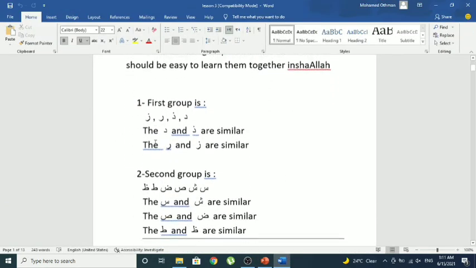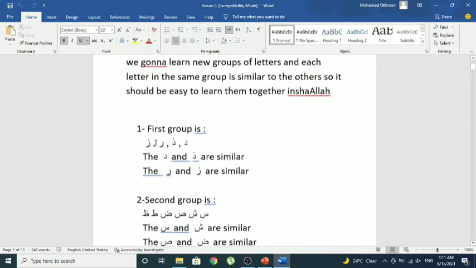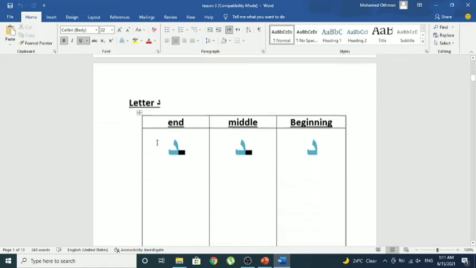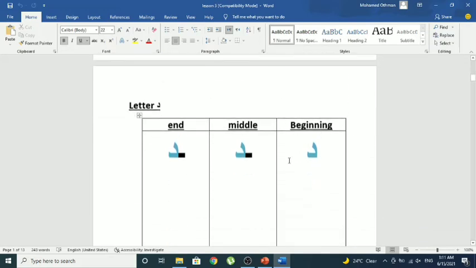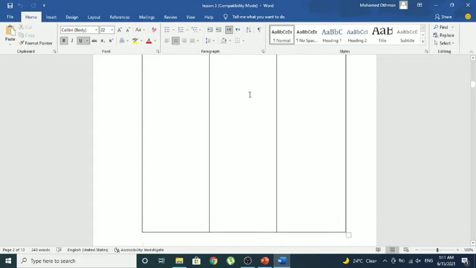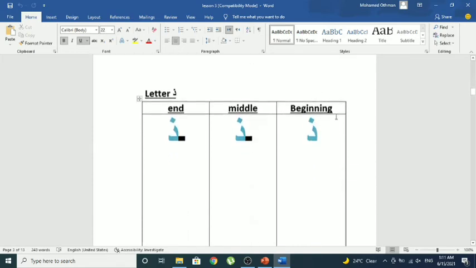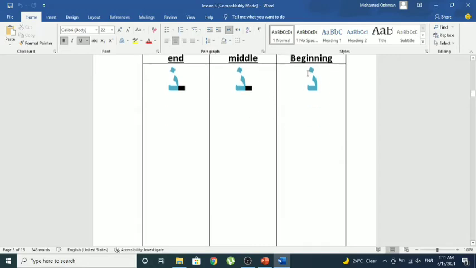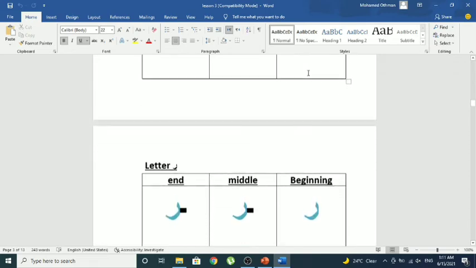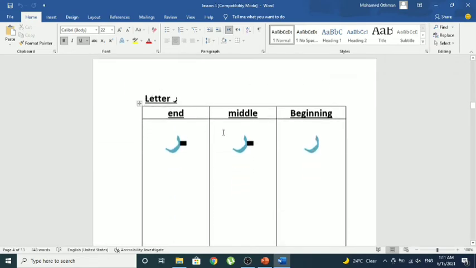We have here dal. In the beginning it is the same as in the middle and the same as at the end, so it's easy to remember. You will write it from above to below, down. Her sister is val. It is the same in the beginning and middle and end of the word. You will write it from above to below like that. And Ra